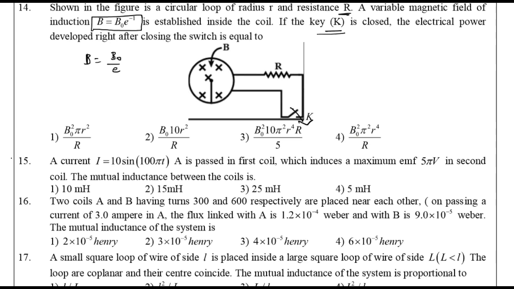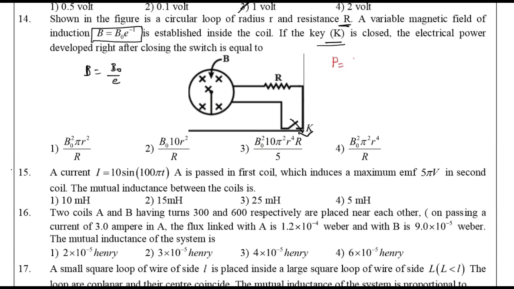Shown in the figure is the circular loop of radius r and resistance capital R. A variable magnetic field induction B is equal to B naught e power minus t, which is equal to B naught by e, is established inside the coil. If the K is closed, now we closed it, the electrical power developed right after closing the switch is equal to, right after closing the switch, so when the time is very less, we know that the power P,